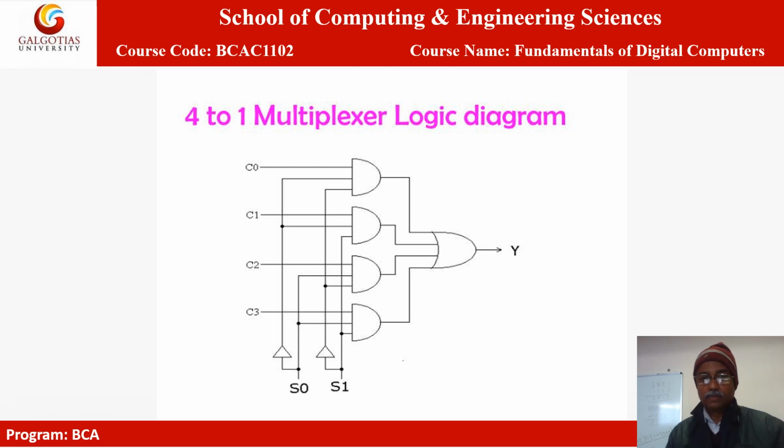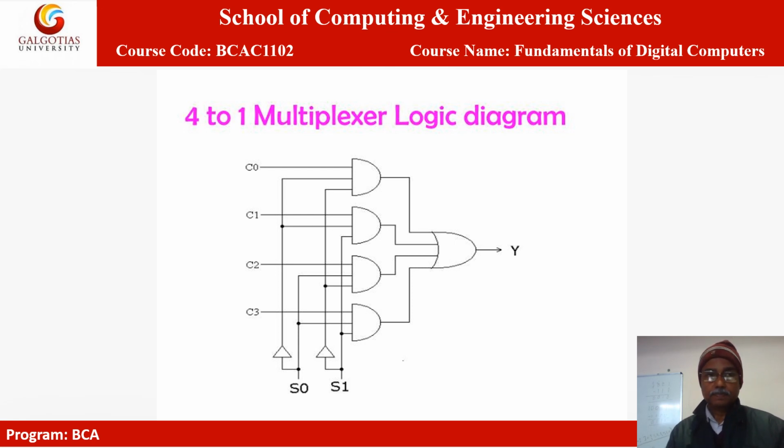What about C3? The C3 value is 1, S0 value is 1, and S1 value, look here, C3 is 1, S0 is directly entering into this. So the value of S0 is 1, directly 1, and the value of S1 is 0, so it is directly entering into this fourth AND gate. So one of the values is 0, so 0 will come out. So when the S0 value is 1 and the value of S1 is 0, only the third AND gate having the C2 input will pass the information. No one else.